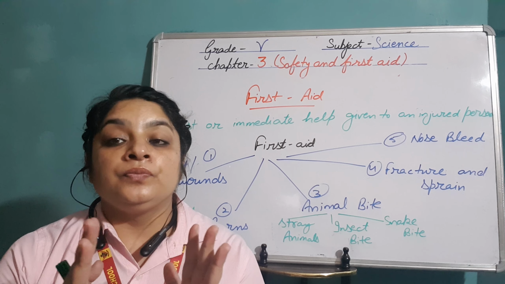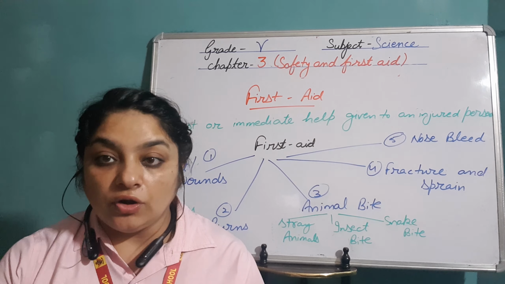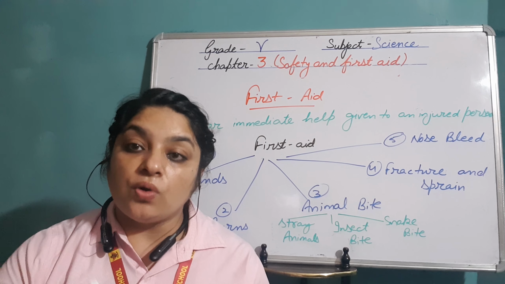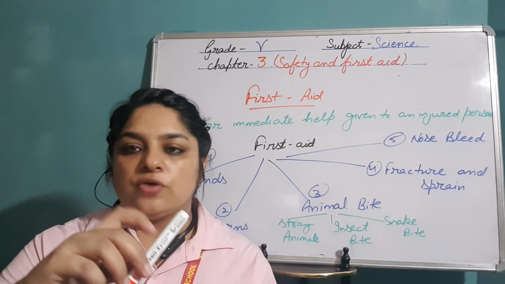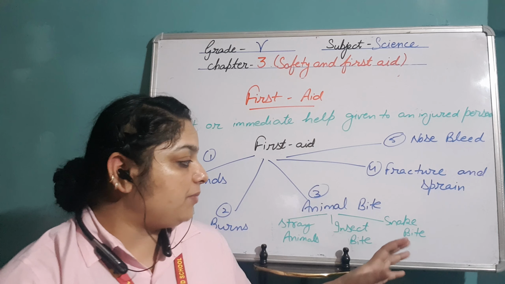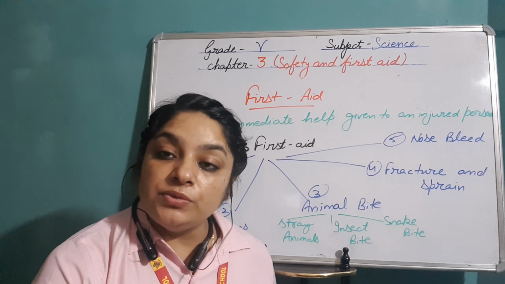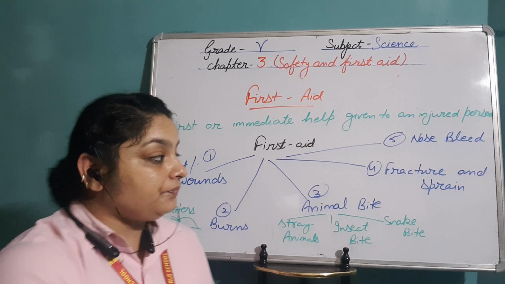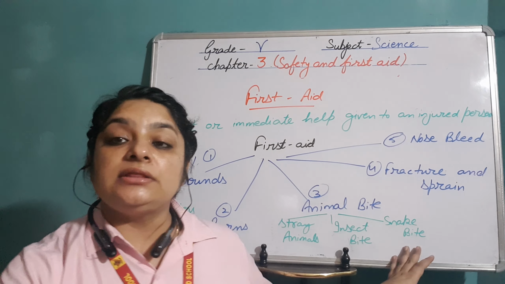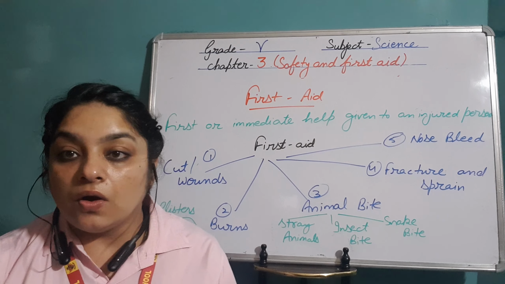We call it a tourniquet. That tourniquet, we can make even tighter by putting some stick or pencil, pen, whatsoever is available, and then twisting it. Then it will get tighter. Why should we tie it with the help of a tourniquet? To stop the flow of blood, so that the blood will not reach the heart, and then immediately take that person to the doctor or to the hospital.